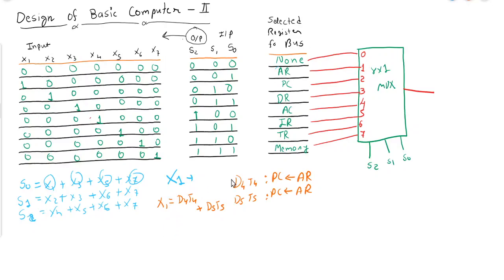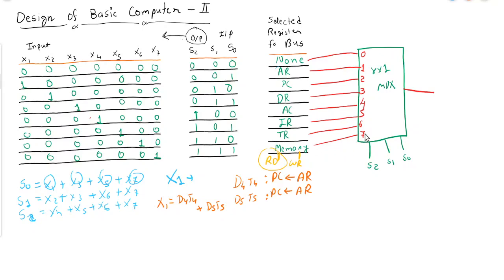Now, a very important thing is memory. Why? Because memory will have two inputs. One input is read and the next input is write. Here we are considering only read, because for write there will be a separate logic circuit, so we have to derive separate logic for that. Here we will focus on read.